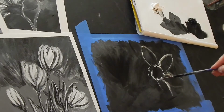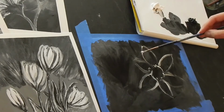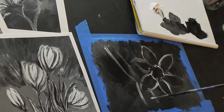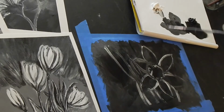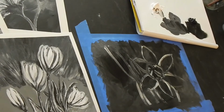And like I said, you can adjust this stuff all you want later. This kind of has a leaf coming up here. And it's okay if I'm painting and that looks really odd, that's all right. I'm just giving myself some information, some place to start. Because this is going to come out a little bit more here, and then you've got your little thing in here. As you can see, even though I'm using the white paint, it's still going to create a lot of gray initially because everything's wet underneath. So what you're going to want to do,